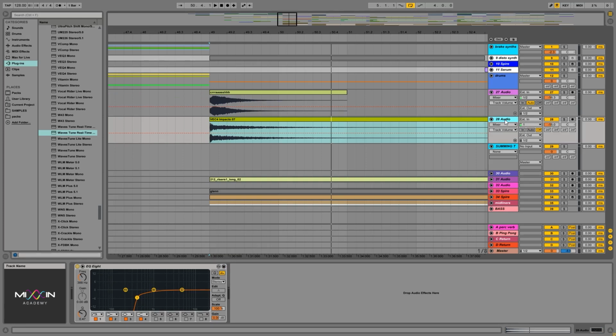So if I had, let's say, 50 outputs on my sound card or sound cards combined, I could send each one of the channels to a separate physical output on my sound card and using a cable route it into an external mixer, into a big console mixer like the ones you see in the studios, and mix all of this coming out of Ableton on a physical mixer. So that's also doable, having all of the audio and all of the playing material inside a computer, but using an external mixer to mix it all together. And that is how it's done in a musical studio, where you have a mixing desk, where you would preferably like to mix on an analog console